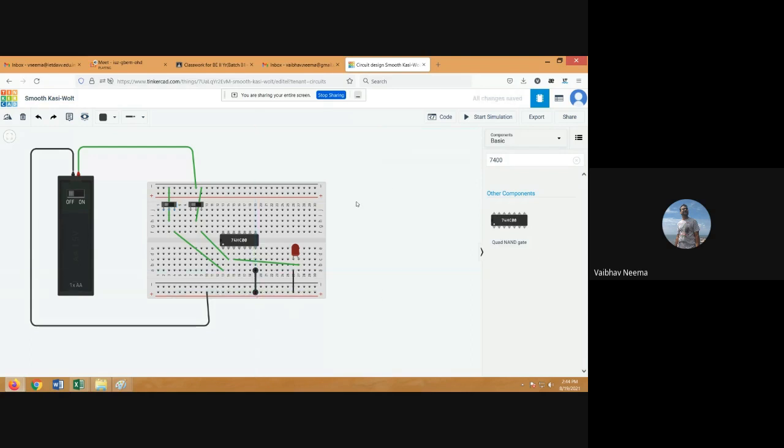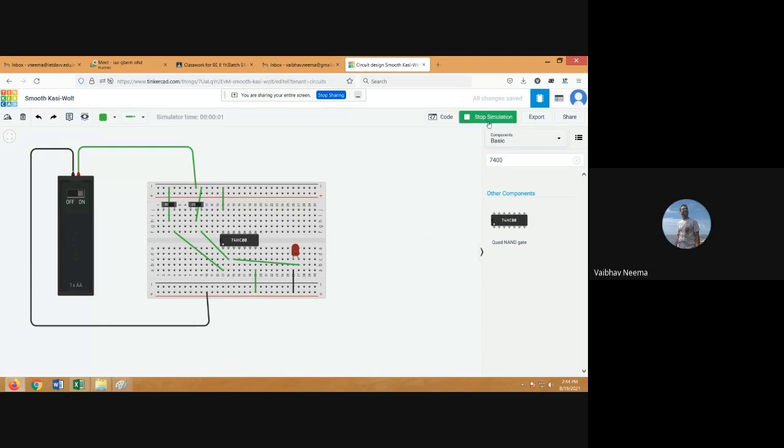And which pin must we connect with the power supply? Sir, 14. This is a 14 pin IC. You see that when you click on that, that is power. Power you have to connect with the power supply. So do not forget to connect the IC with the power supply and ground. The 7 pin is always connected with the ground, and the 14 pin is always connected with the power supply. I will do the simulation.